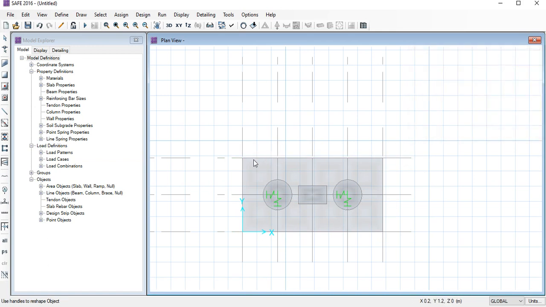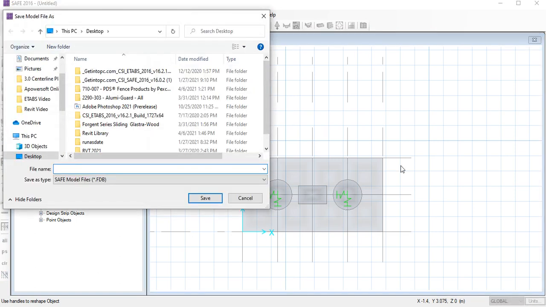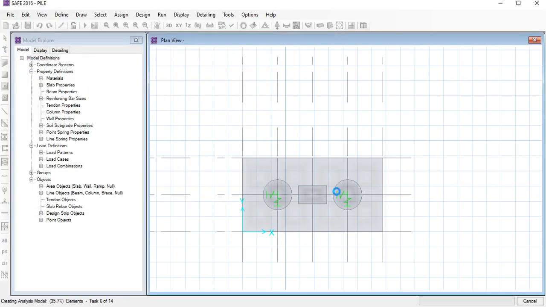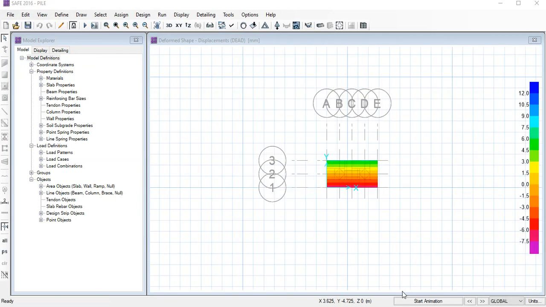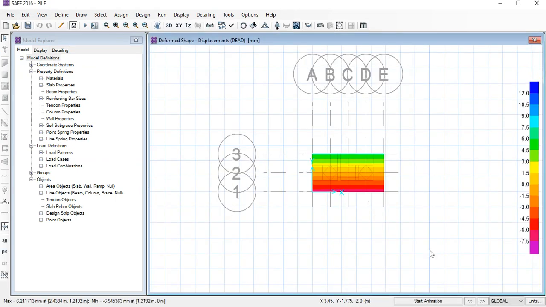Okay, so I have drawn the strip layer, and after doing all the things you can do the analysis. Here is the Analysis option. Before analysis you need to save. So we first save, giving the name pile, and you can see here the analysis has been done. The maximum displacement, what is this? I think you can see below in the software 6.9, that means 7 mm, which is quite well.